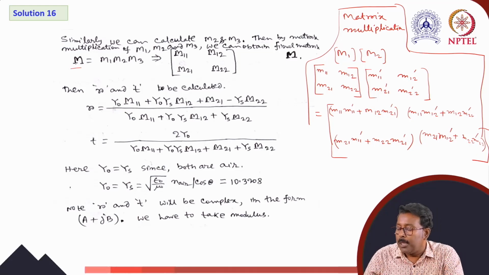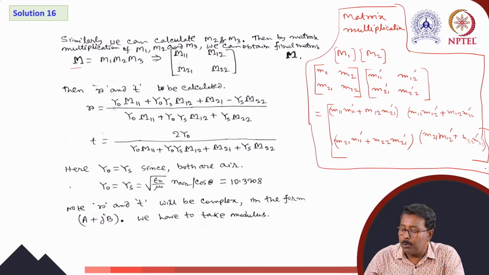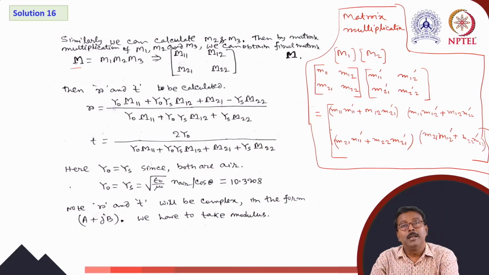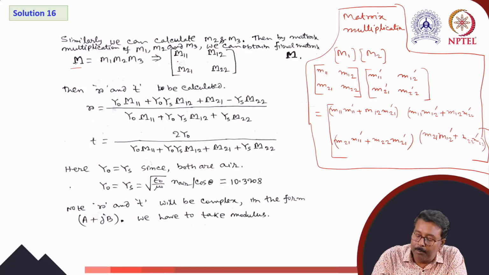In this way, you get again a 2 by 2 matrix. After multiplication of M1 and M2, you again have to multiply with M3. Finally you will get a 2 by 2 matrix with elements capital M11, M12, M21, M22. Using these final matrix elements, you can calculate the small r, the amplitude reflection coefficient,